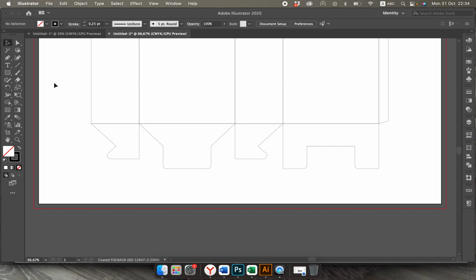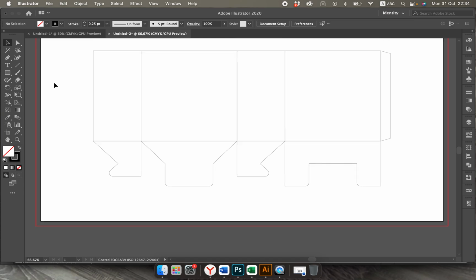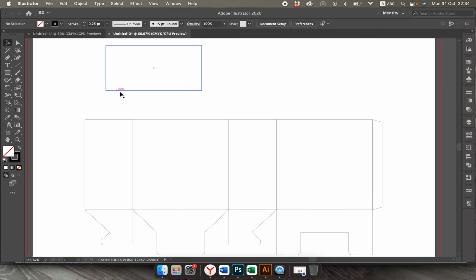This gives me the ability to fold this package in a very easy way. So this is how we make the package with the half automatic bottom structure, and now we will create the